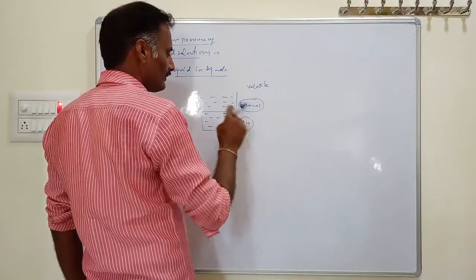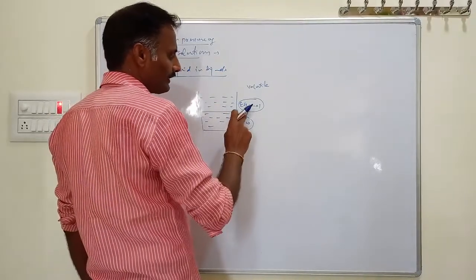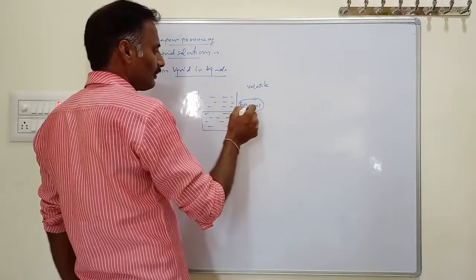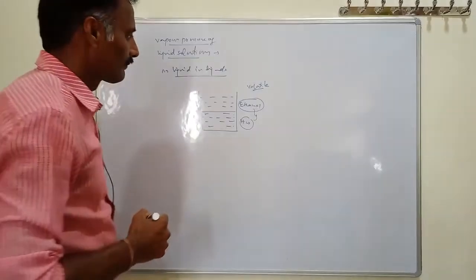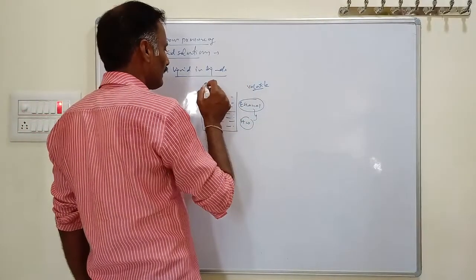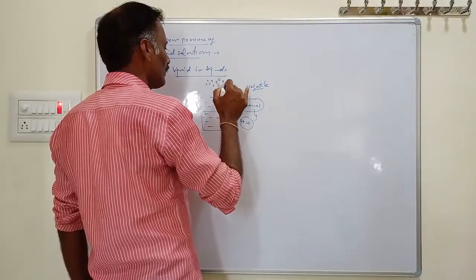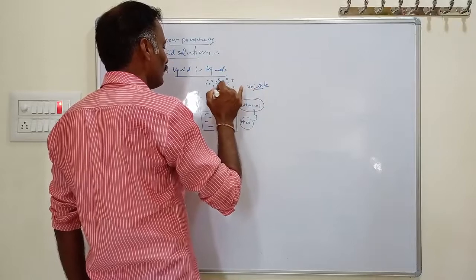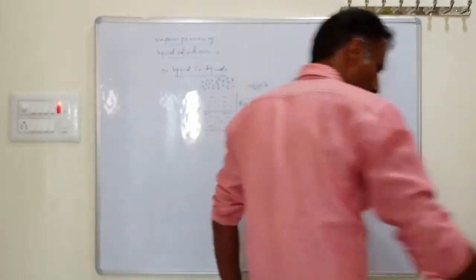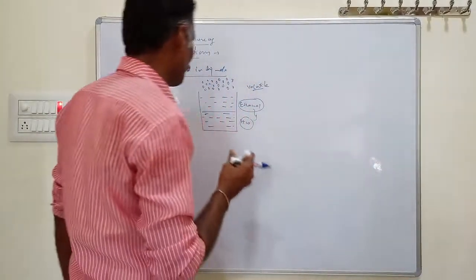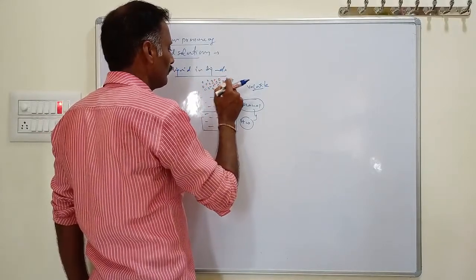By mixing ethanol and water, we get a liquid in liquid solution. In this solution there are two components, ethanol and water, and both are volatile components. Since these components are volatile, you get vapors over the solution phase. In the vapor phase you have molecules like this. Here we have two components, not only one component.